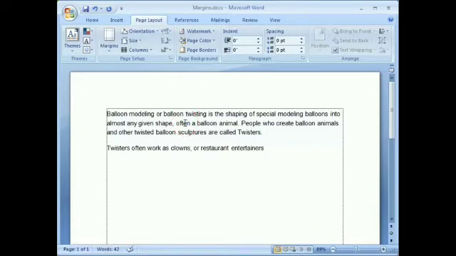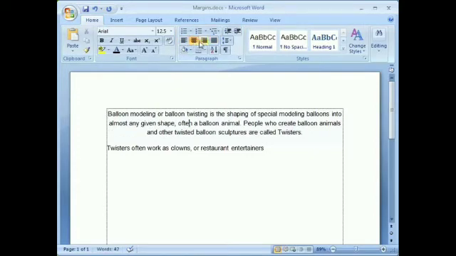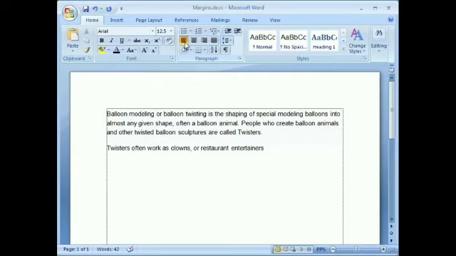And next you will go to the Paragraph group in your Home tab. This is your left, center, right, and this is your justify. These are alignments. In Word, we have 4 types of alignment.